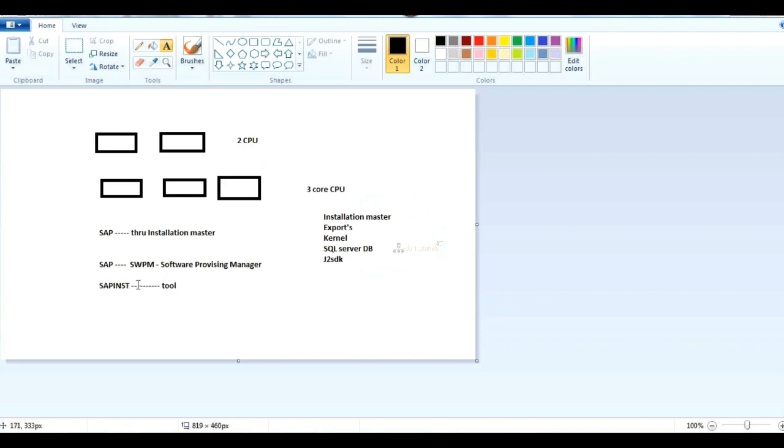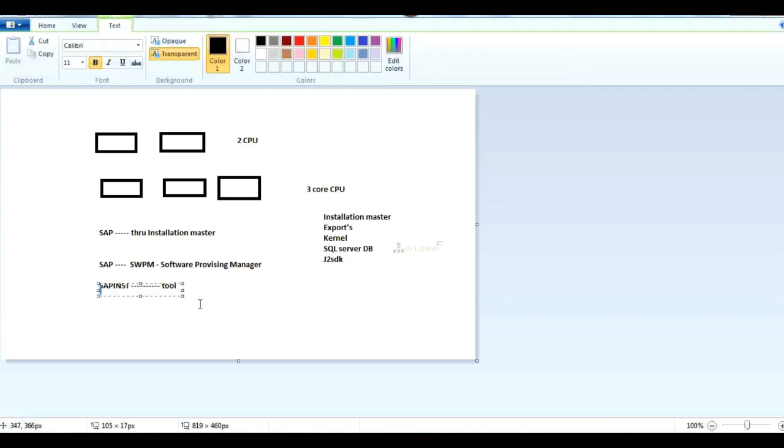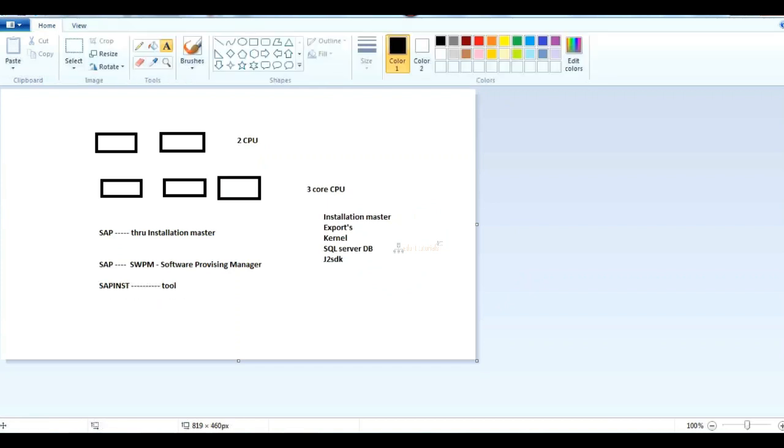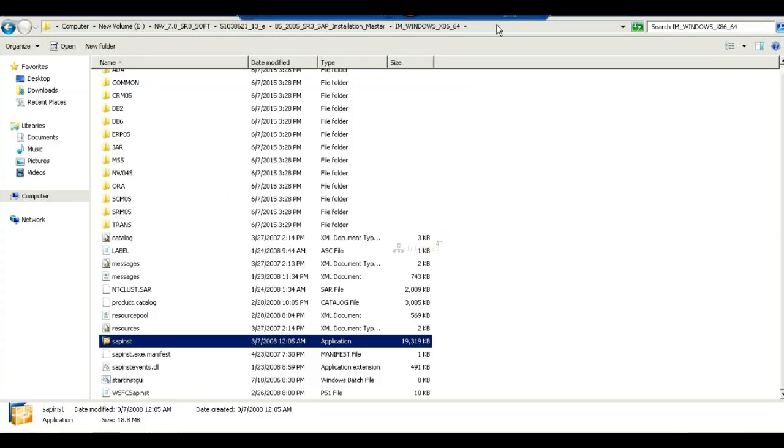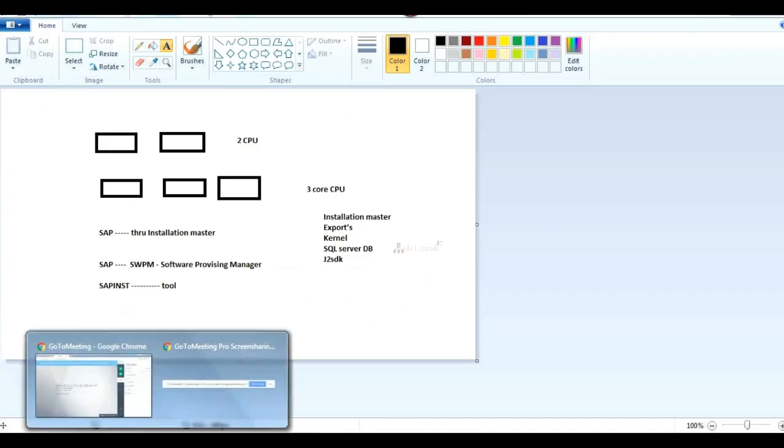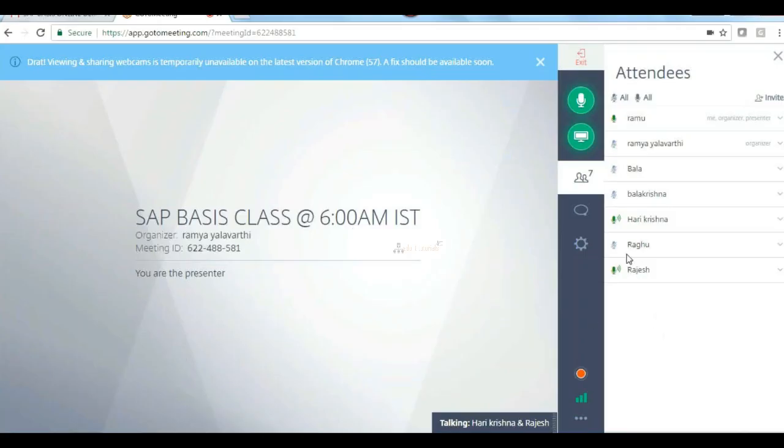The screen is not visible. I have given sharing. Are you able to see my screen? No. No. Why no? I have given sharing. I am getting your screen. I am not getting. Raghu, I'm also not getting.